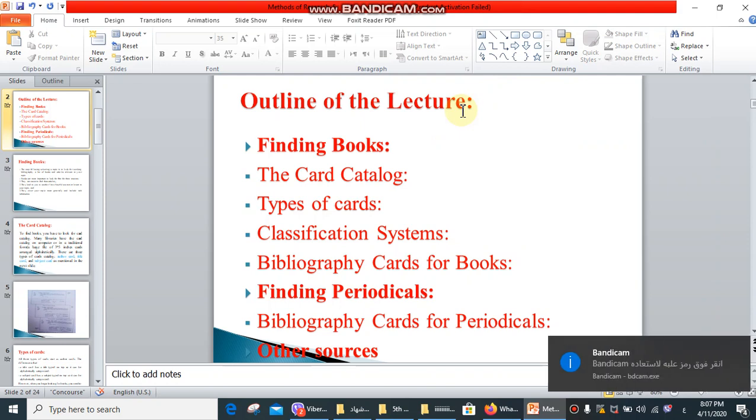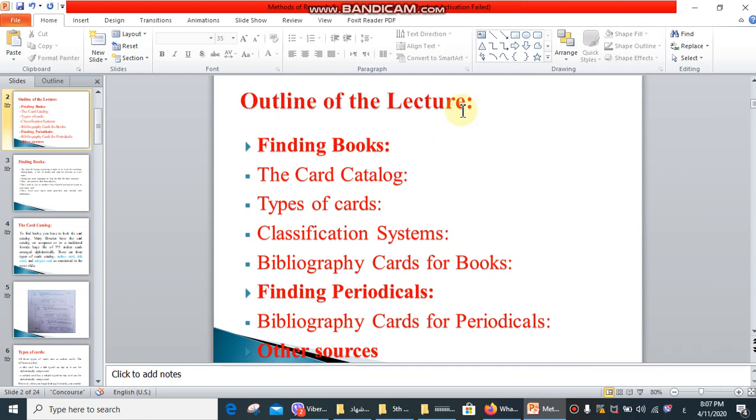Today we will finish the third chapter in our prescribed book, Writing Research Paper, a practical guide. So the content of this lecture is how to find books. Under this main section, we will discuss some important issues related to finding books. These are the card catalog, types of cards, classification systems, bibliography cards for books, and then we will move to the second important part for identifying sources relevant